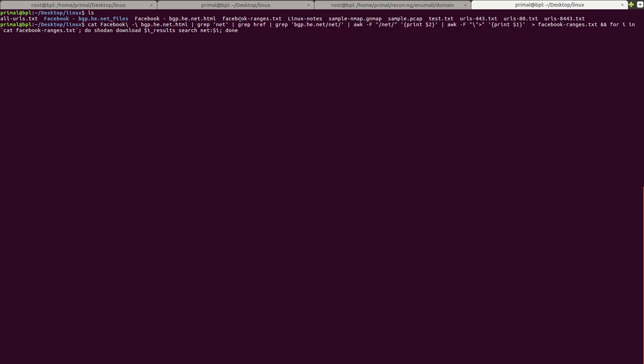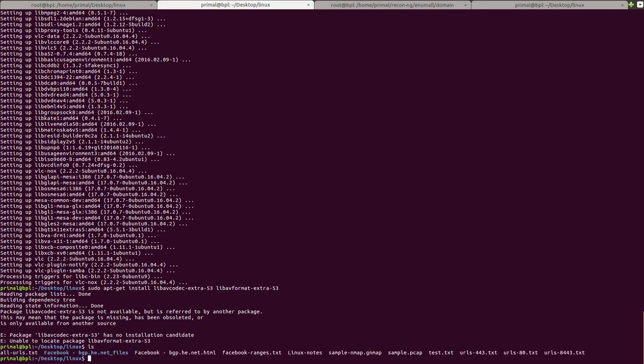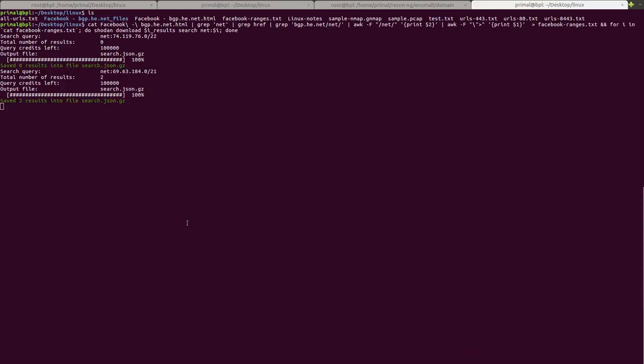This does take a long time to run. Let's see if I can see data coming in here. And I'll just pause it here. What we're seeing now is that it's starting to reach out to Shodan and pull down the files. This will take a little bit of time to run, but as you let it sit here, it should finish fairly quickly. Shodan's API, in my experience, is hit or miss. Sometimes it'll be running really slowly, and it looks like right now it is. But this is an example of where